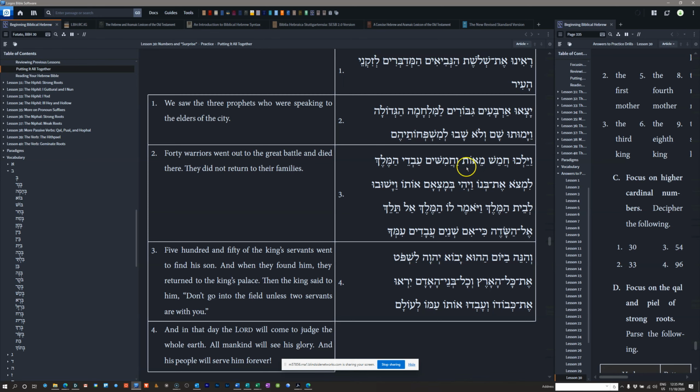So 500 and chamashim, that's 50. And then I have avdei hamelech, servants of the king. Well, that right there is a noun. And it's probably going to be my subject because it's not a direct object and there's no other way for servants of the king really to function adverbially. So I'm going to say 550 servants of the king